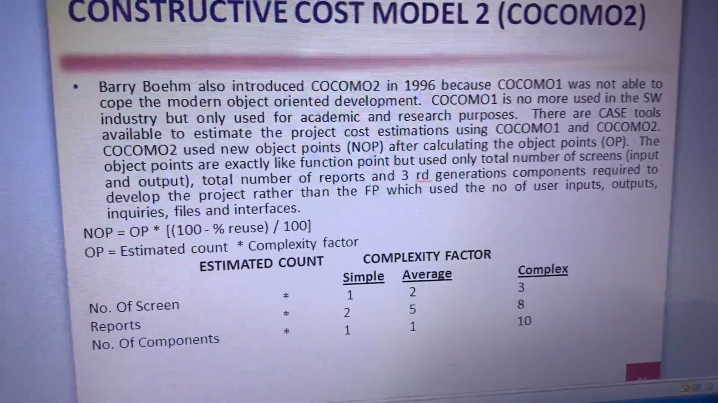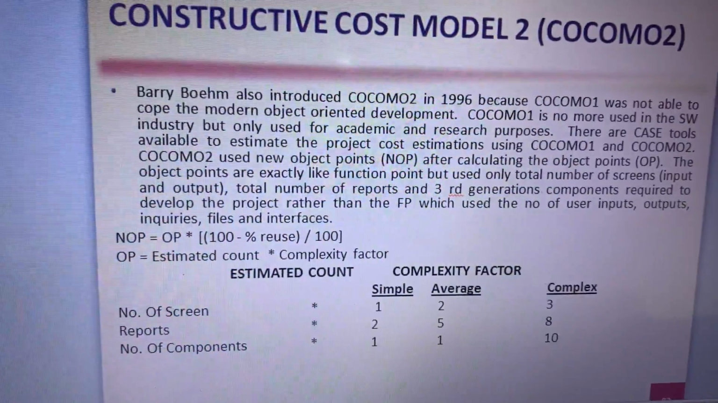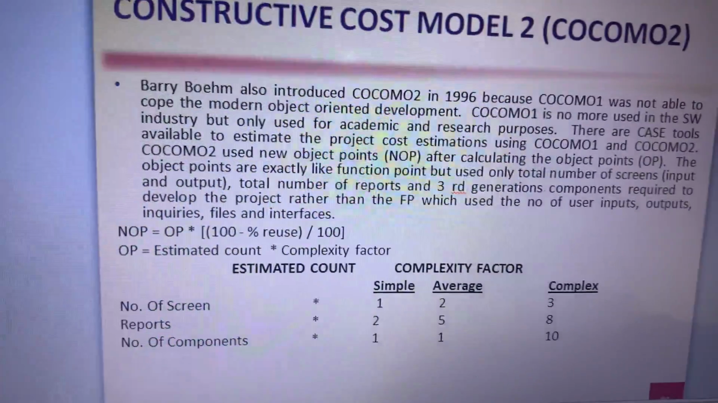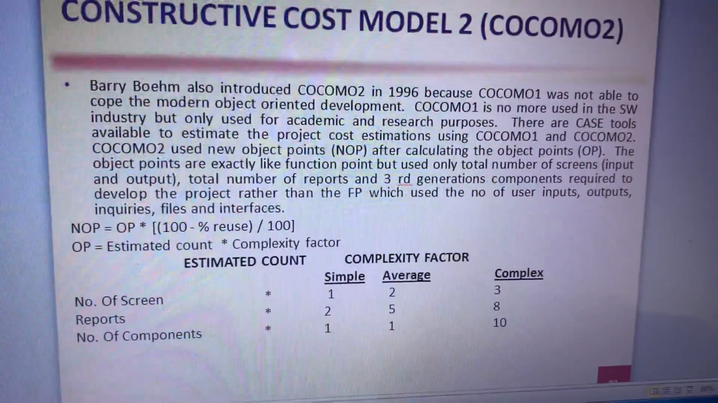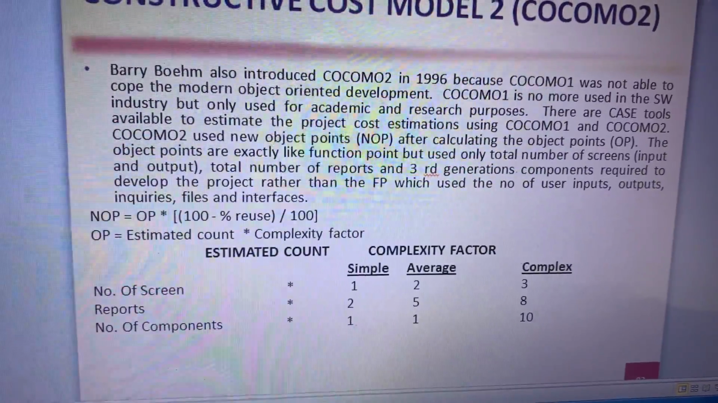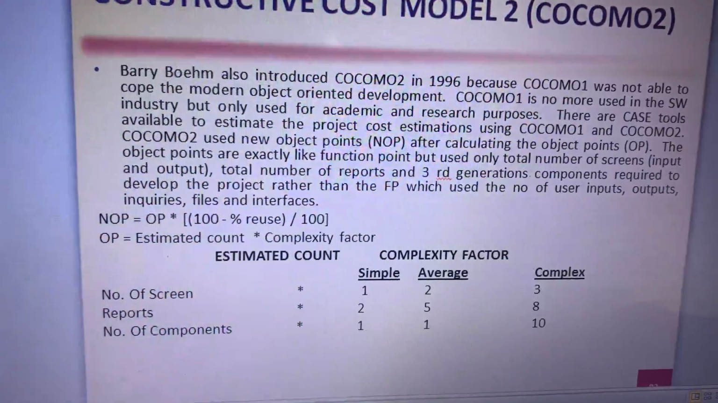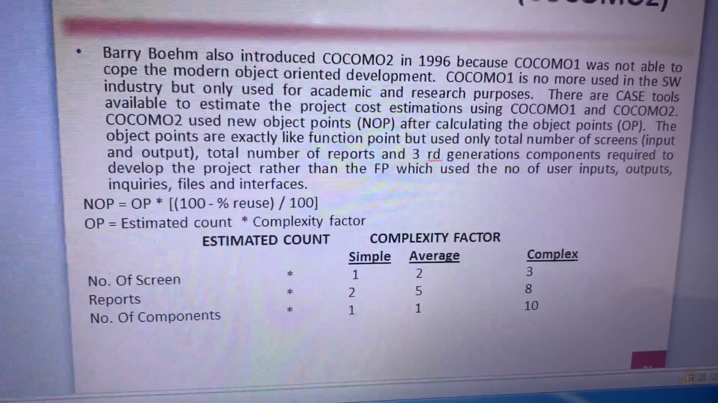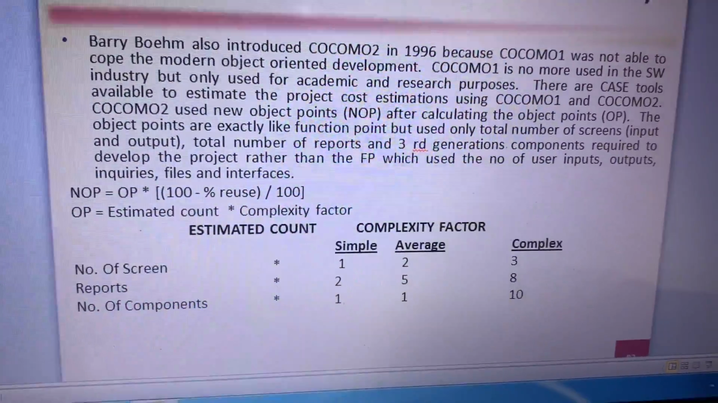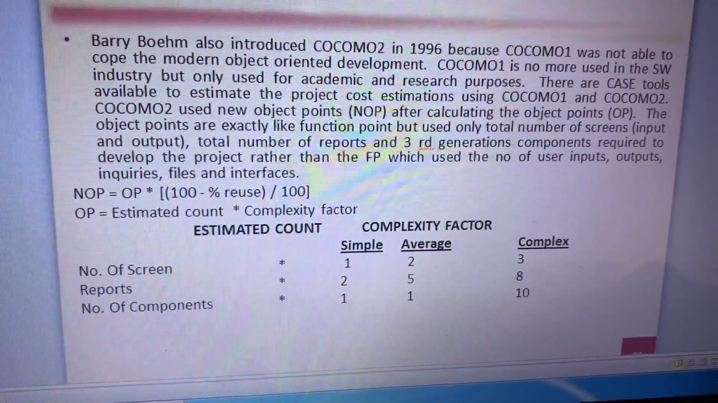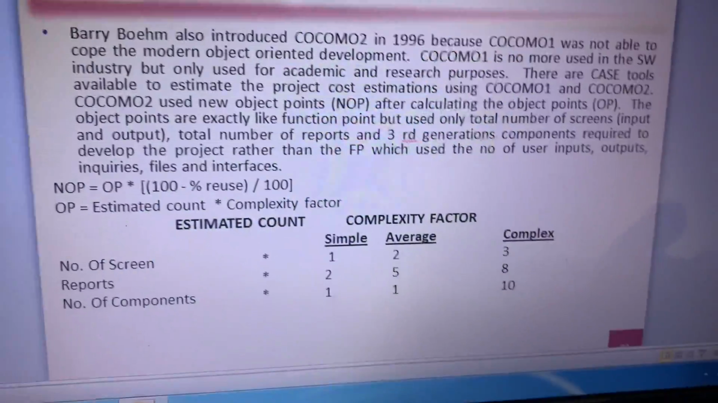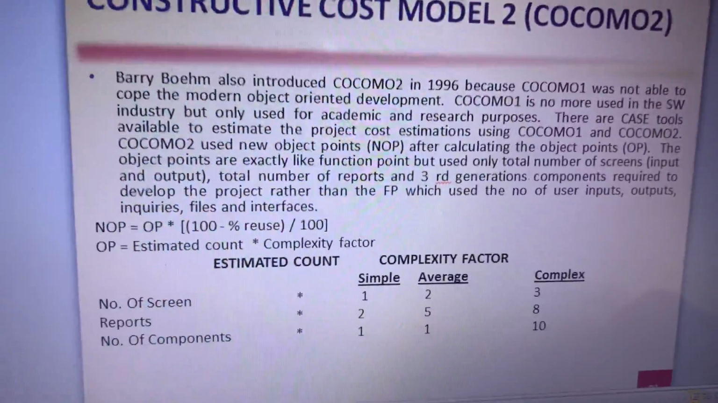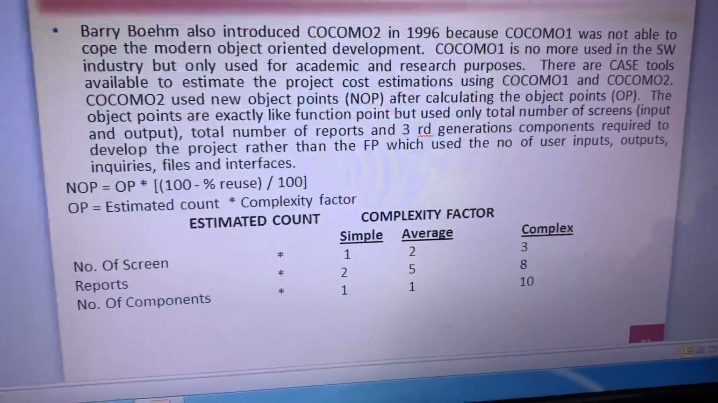Then we have COCOMO 2, which was introduced in 1995-96 by Barry Boehm for object-oriented projects. So we have OP, like UFC. We have number of screens, number of reports, number of components, and for complexity of the project, we have low complexity or simple complexity, average complexity, and high complexity. So like UFC,